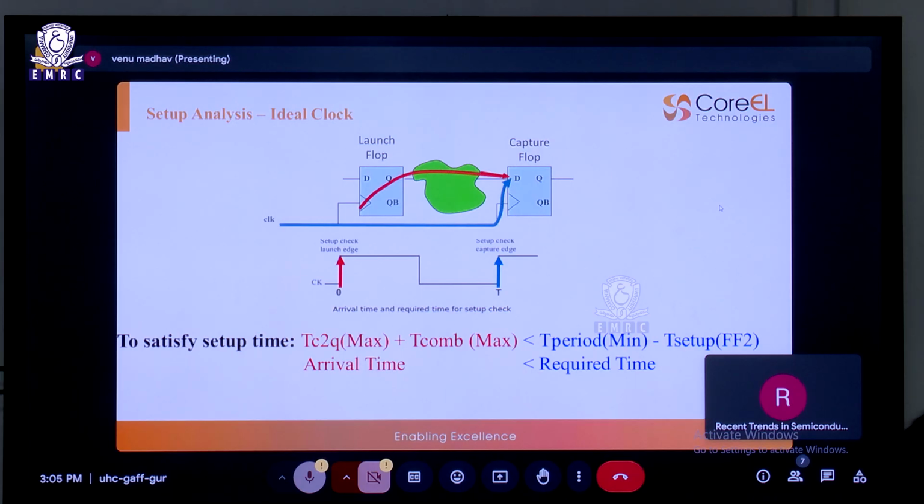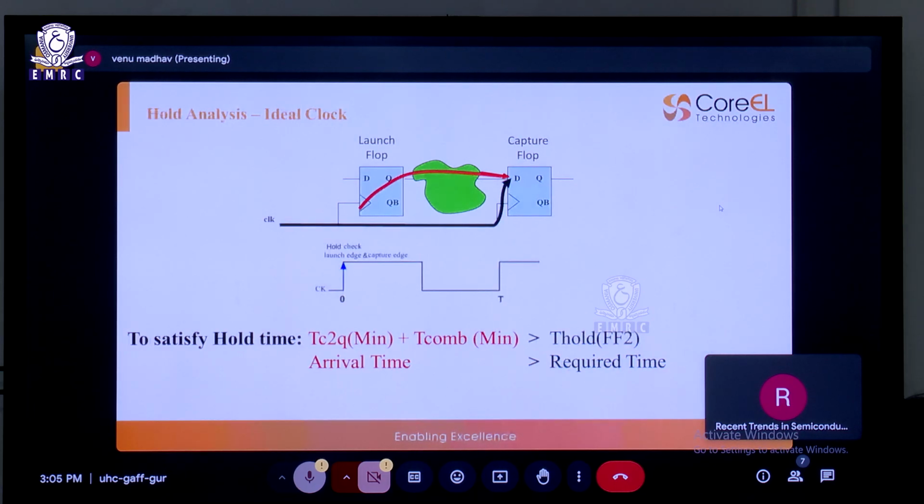Okay. Similarly, we have the hold analysis where the minimum time required from flop to flop with the combinational logic in the middle should be more than the hold time,